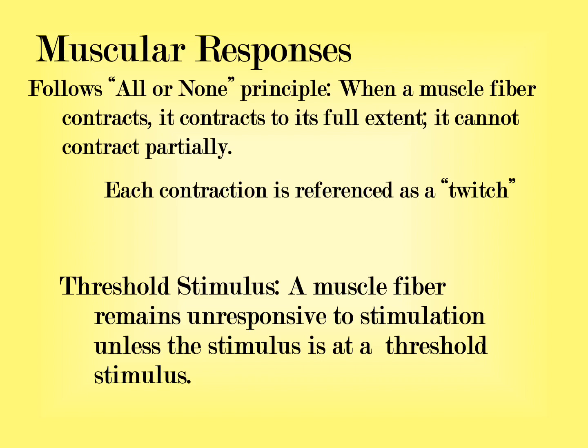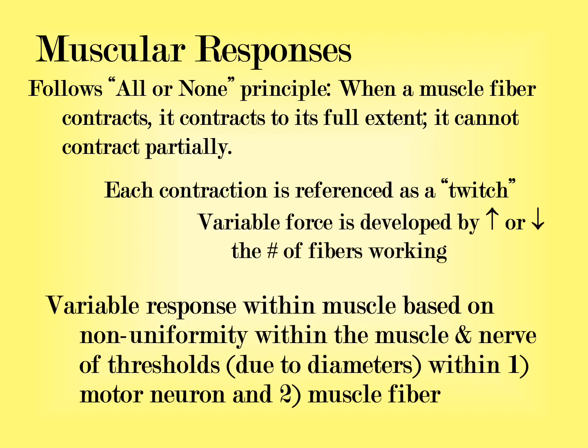We're able to develop variable levels of mechanical force or strength based off of, one, the diameter of the fiber being recruited, and two, the number of fibers that are working at a given time. The way in which this recruitment takes place